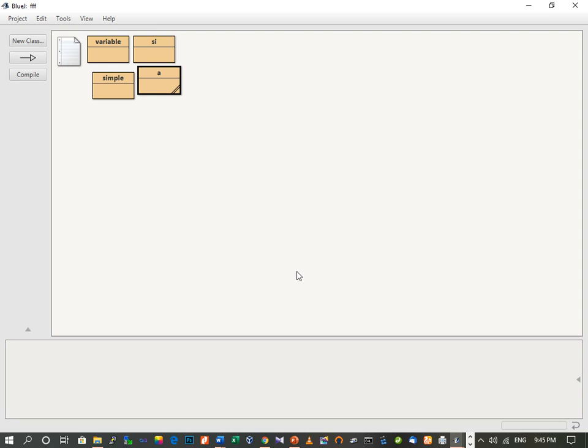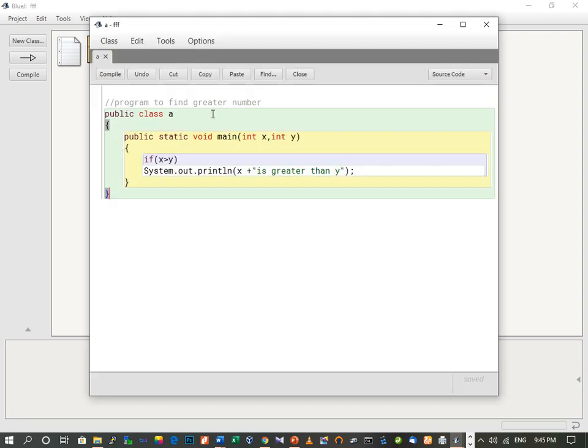This is because we have not provided any statement for when the if part is false. So let's move to the program again. Here you can see that we have just provided a statement if this is true. What will happen if this condition is false? In that case, we have to use an else statement.